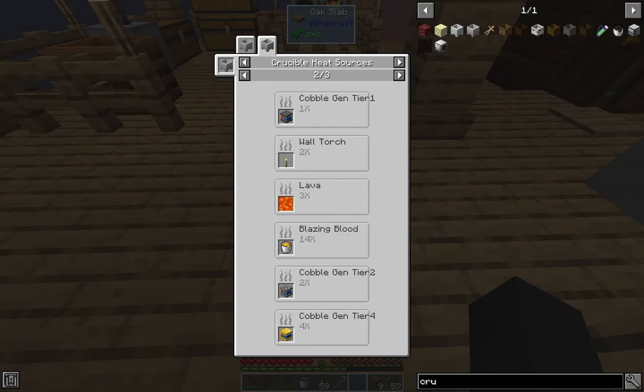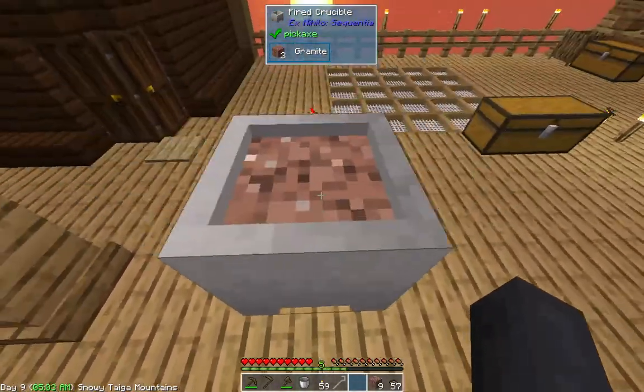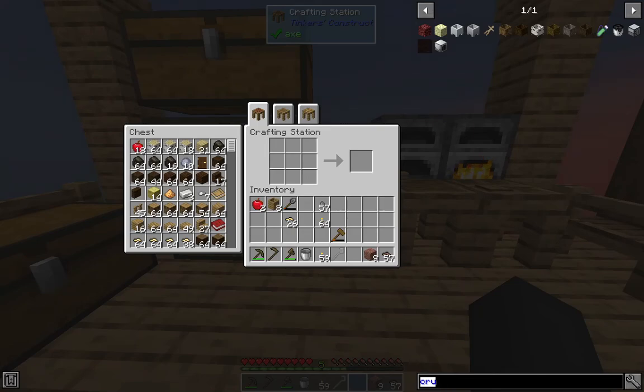Blazing blood looks to be the best thing, which is what you get from blazes in a Tinkers' Smeltery. But that might be quite a while in coming yet. So the only thing to do now is wait. Although, whilst we're waiting,